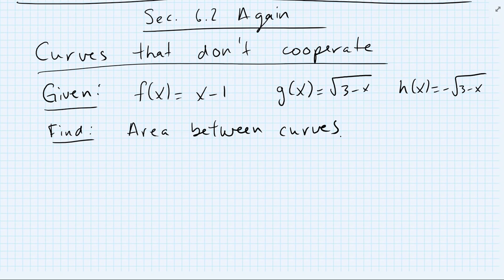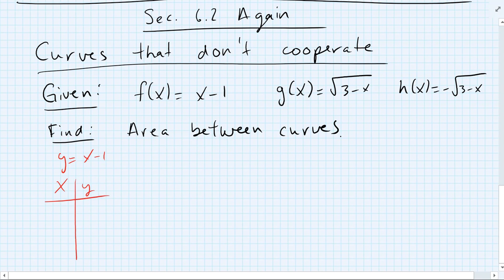We can do both. Okay, so if I'm doing it just using the x's, I'll make a table over here. So I have y equals x minus 1. So I'll find the coordinates for it to graph, right? And so I should find the points of intersection first. But